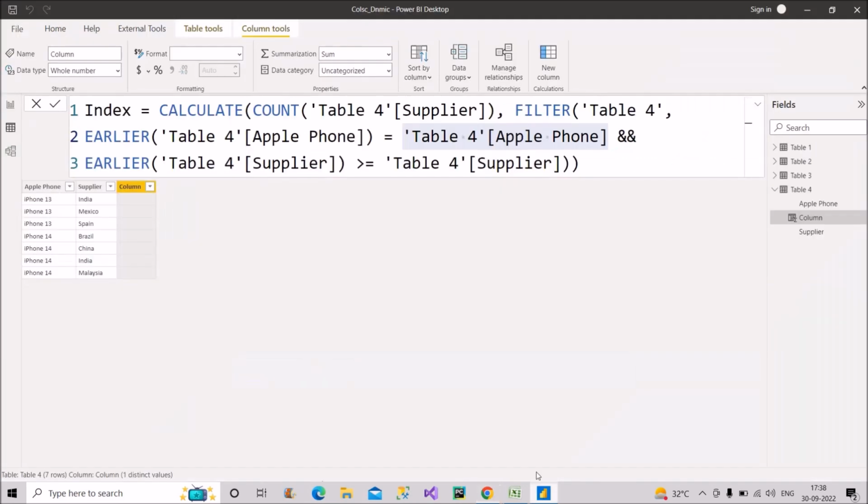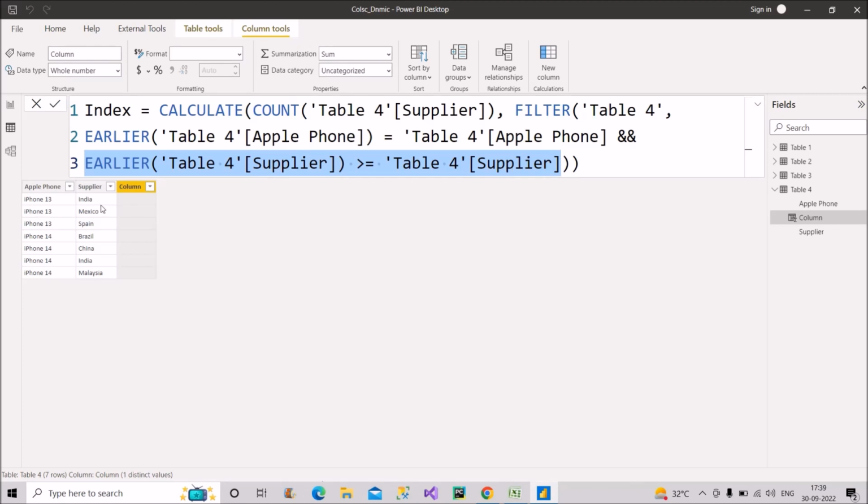Okay, for the second one, what we have kept is EARLIER supplier greater than or equal to table for supplier. What will happen here? What is the current row value of the first record? That is India. And it is asking whether it is greater than or equal to the same column name.